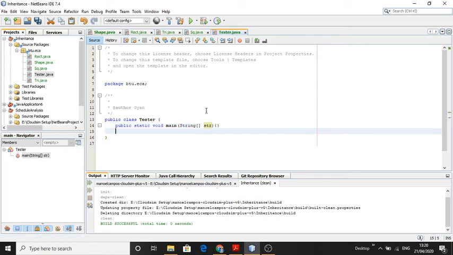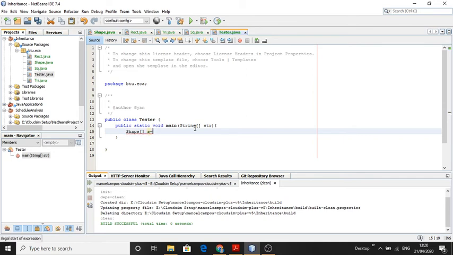Now we will create an array of Shape, s.